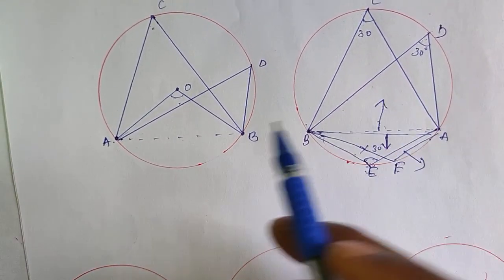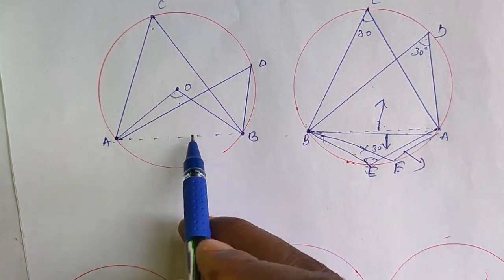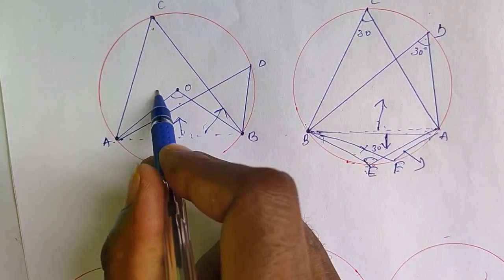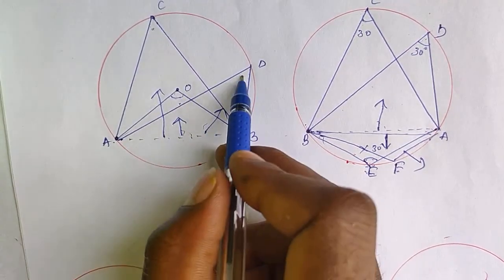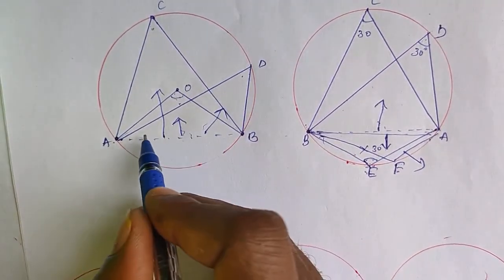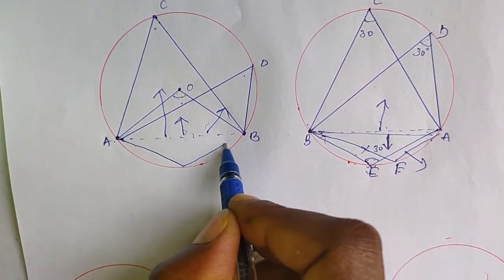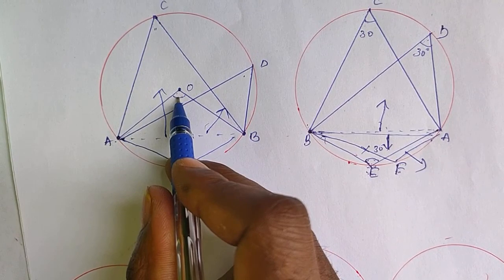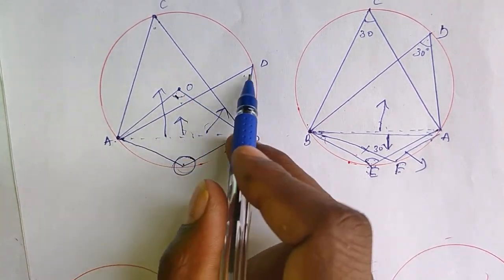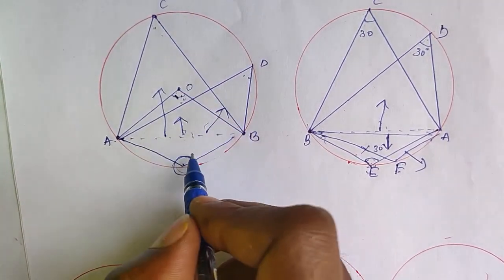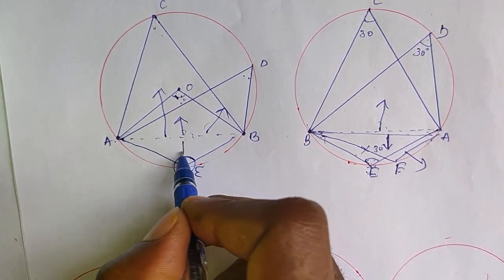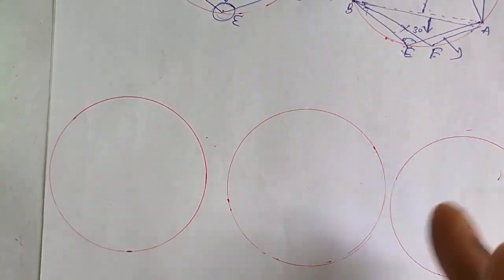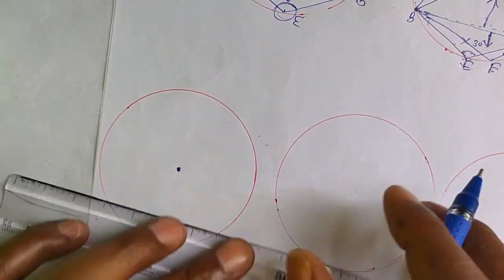Remember, here also angle O is formed above the chord, D angle is formed above the chord, C angle is formed above the chord. So angle at the center and circumference will be in a double and half relation. Suppose one angle is formed below the chord like this, so this angle will not be related to O. Remember, only O is double of D, O is double of C, but O is not double of E because this E angle is found below the chord. That should be clear.